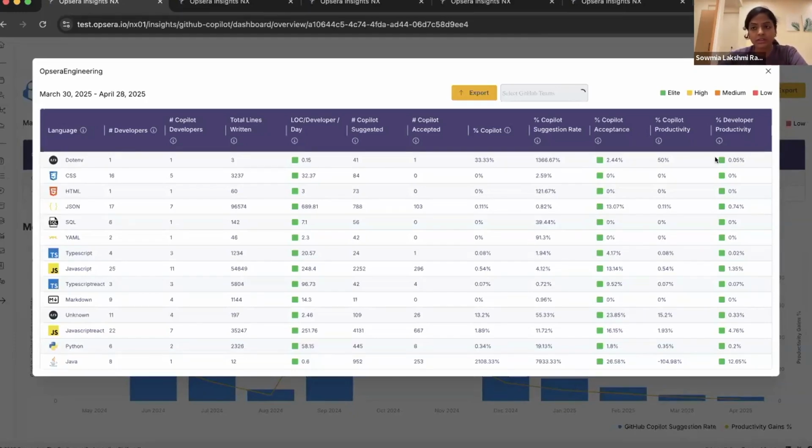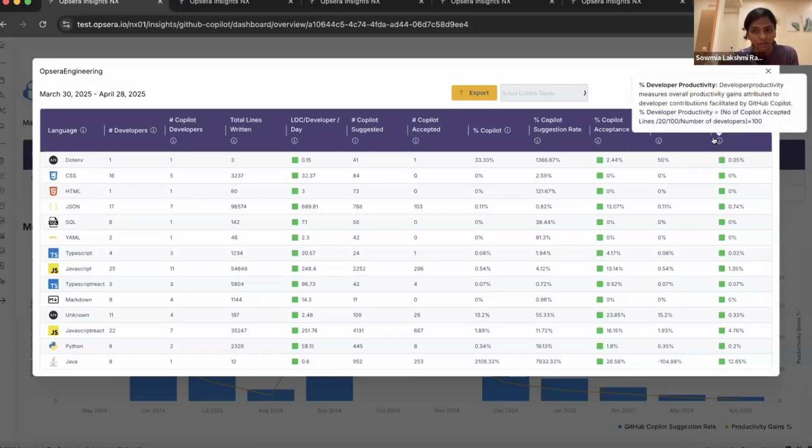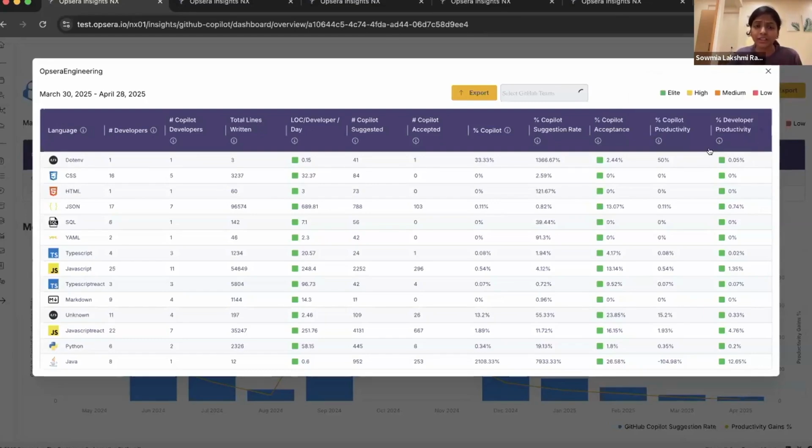And for the developer productivity, yes, here we look at some baseline information, like probably 100 lines of code per developer per day, and you have like 20 working days in a month. So we just compare, and we provide you the developer productivity. So this is how the developer productivity gets calculated. We look at your overall Copilot accepted lines, and then we compare it with a baseline. Again, this line of code figure, 100, just like our other goals, is predominantly a benchmark that we've derived. But it can vary according to your organizational needs. Probably you want to increase or decrease it. Yes, you can do that as well.